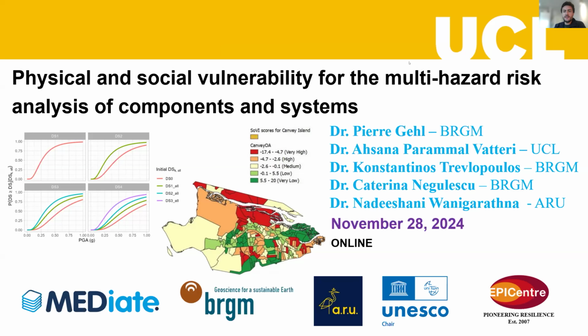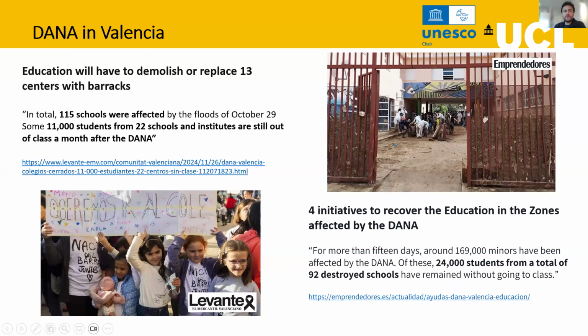Just before we go into details into today's webinar, we just want to mention something related to school infrastructure and the impact that recent natural hazards, such as floods, have had on this type of infrastructure. In particular, it's worth mentioning what happened in Valencia recently due to the Dana storm. We all saw the different damages on infrastructure, the losses of lives, and how devastating this event was in the city of Valencia. And in particular, we can also see the impact that this had in education,